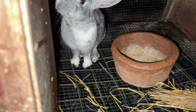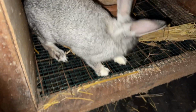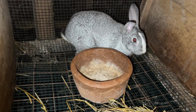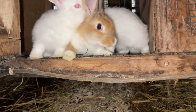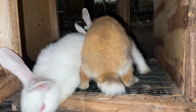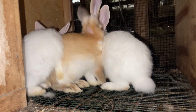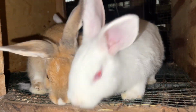So then guys, the other one is bloat. Now bloat, also known as GI stasis, is a common digestive issue in rabbits. It occurs when the digestive system of the rabbit slows down or stops altogether. So now guys, this is due to a lack of fiber or dehydration within the rabbits. So this is highly preventable because you can feed your rabbits on feed with a high percentage of fiber, and you can also provide your rabbits with water all the time to keep them hydrated,